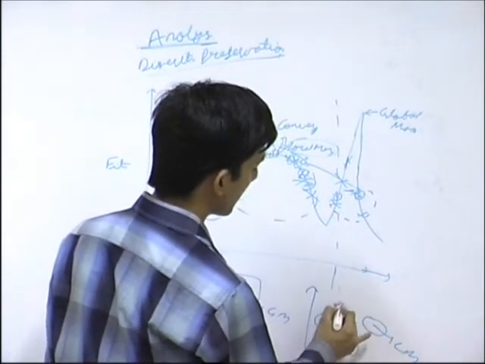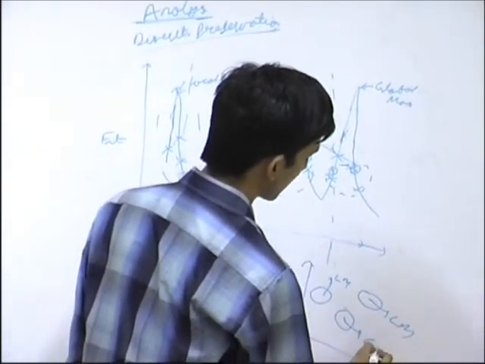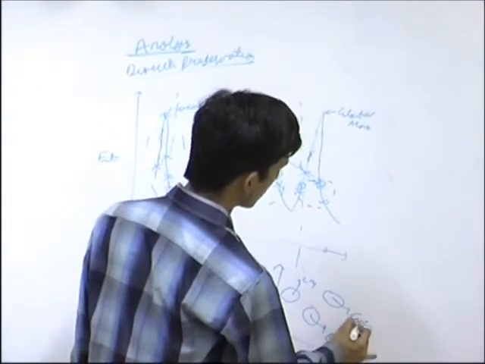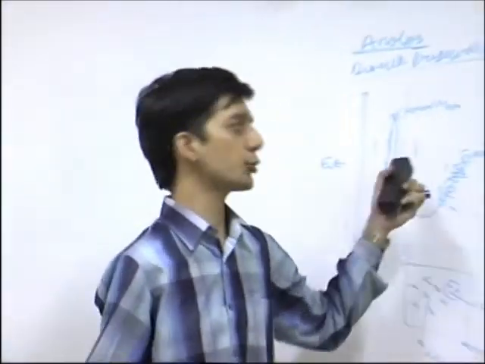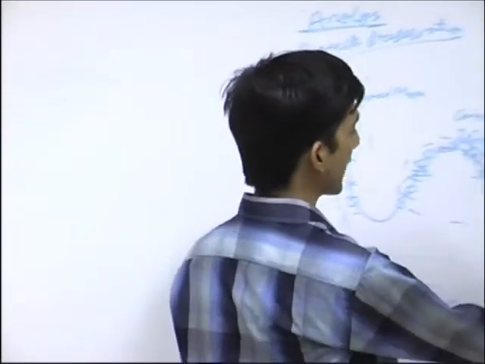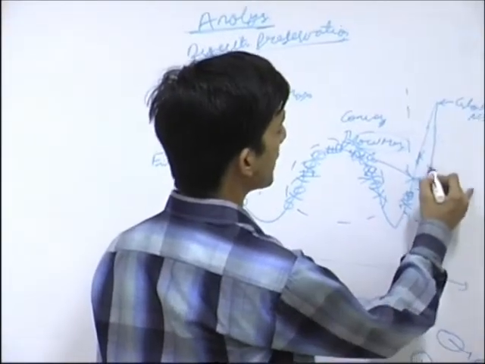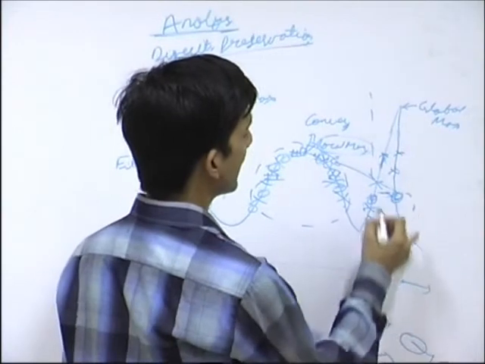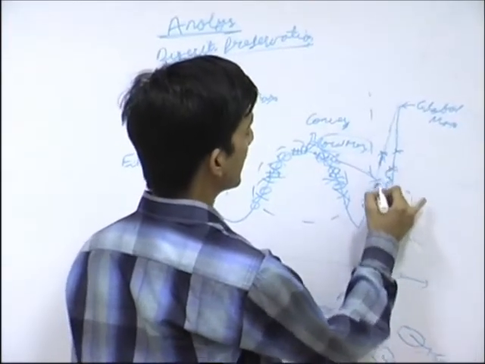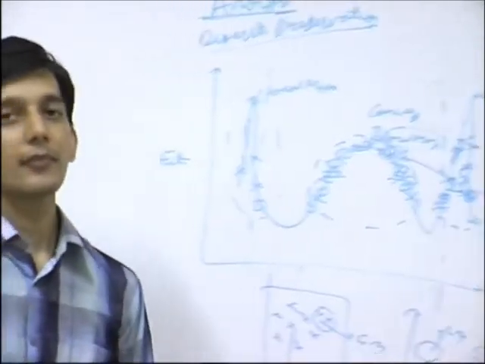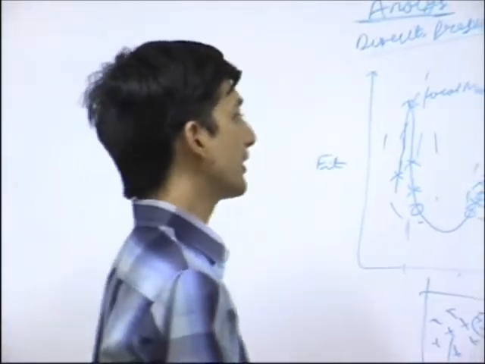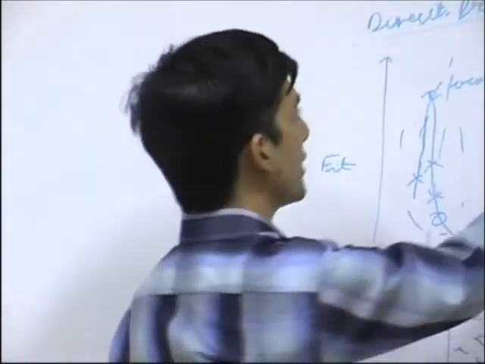This was our first local minima, this was our second local minima, and this was our third local minima, this was a global minima. We have three completely different evolutionary processes, and as a result, these individuals will get crossover somewhere here, somewhere here, somewhere here. They get mutation somewhere here, like this. After some amount of time, after let's say 5 generations,